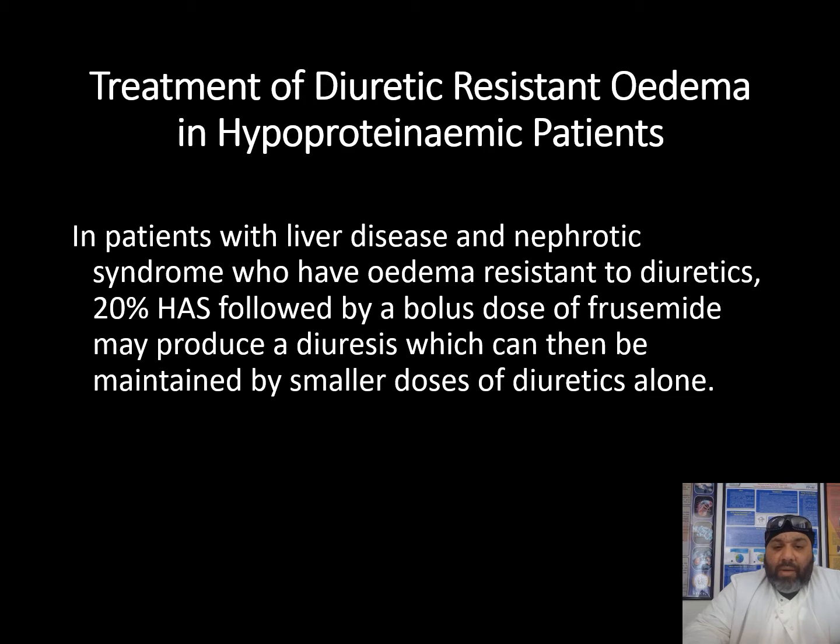However, 20% human albumin solution followed by a bolus dose of a diuretic known as furosemide may produce a diuresis, which can then be maintained by smaller doses of diuretics alone. Now, generally in hypoproteinaemic patients,